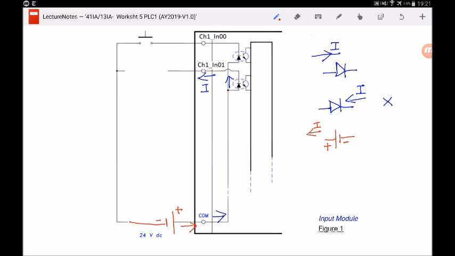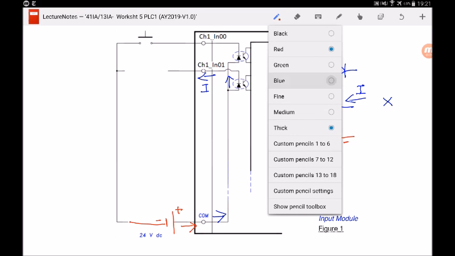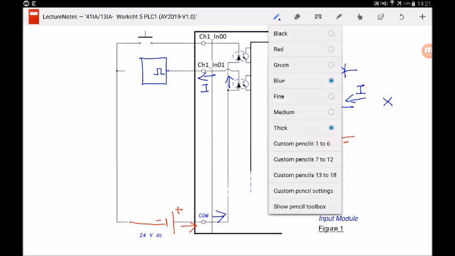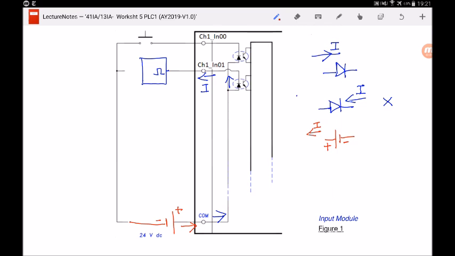Okay, same thing goes for the sensor. If you take a look at the diagram now, channel 1, in 01, current is actually flowing out of the PLC terminal. So I would like to draw the sensor, which is what the question requested. And I know that we always connect the signal of the sensor to the PLC module. Okay, so since current is flowing out of the PLC input terminal into the sensor,